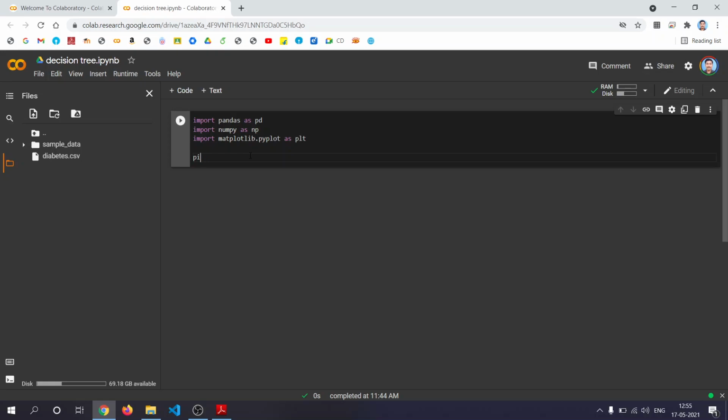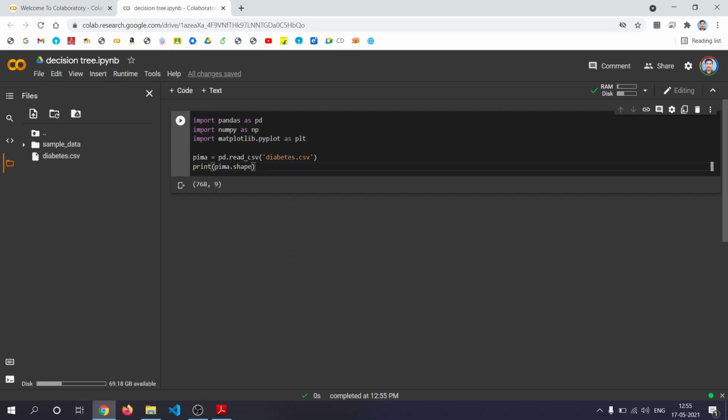This is the PIMA dataset, PIMA equal to pd.read_csv. We'll see the size of the data, PIMA.shape. There are 768 rows and 9 columns.